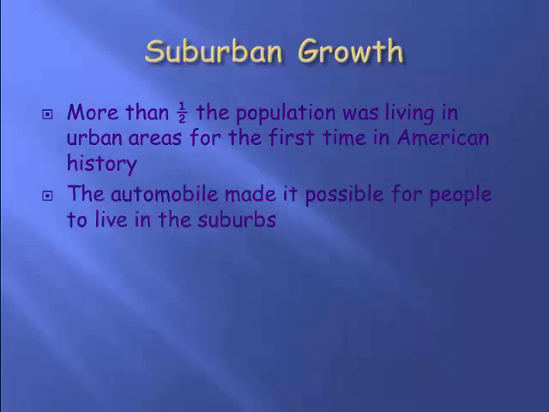The automobile is going to make it possible for people to work in these urban areas but live just beyond the city centers, in places that come to be known as the suburbs, or the suburban centers of the city. You have your major metropolis, your major city life, and just outside that, you have these little living communities that spawn up. That's where people choose to live, if they can afford it and can have an automobile to get them in and out of the city.